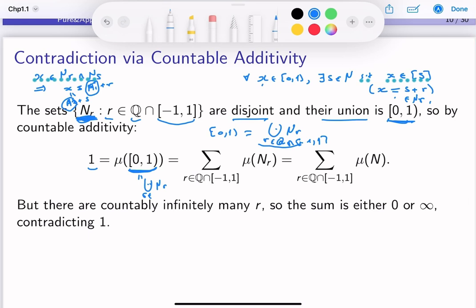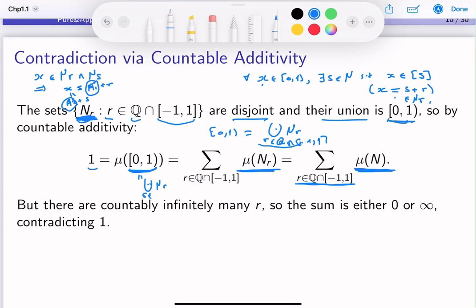I can turn the measure of the union into a sum of the measures, and by the property that we just proved, each of these has the same measure as this one. But this is the end of the proof by contradiction, or the proof that no such mu can exist, because the number of r's here is infinite, right? So we have infinitely many rationals in this interval. If I'm summing a constant, so notice this constant doesn't depend on r,